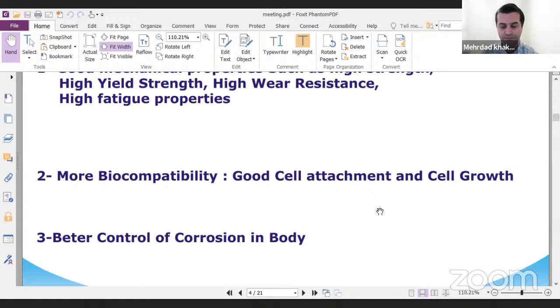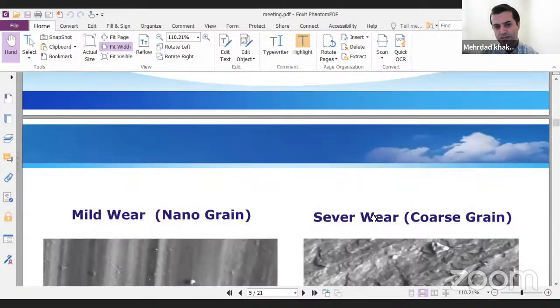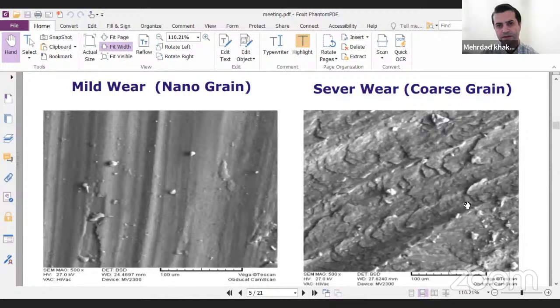to the regular metals. So, for example, here we see two types of structure. Here on the right side, we have a coarse grain metal where the grain is macrometric, and we see that the wear resistance is very low, and we see a severe wear on the surface of the metal. But then we have a nanostructure of the metal, where the grain is in a nanometric size. So the wear is very low, and we have a mild wear. So we can compare that in this type, the wear resistance is much higher than the severe wear for coarse